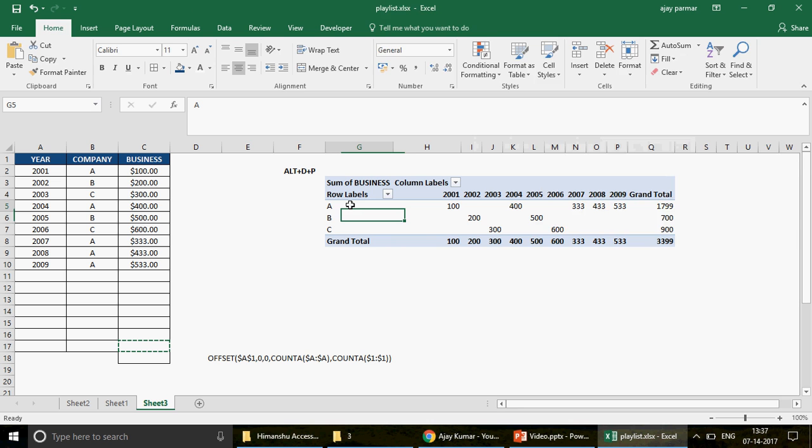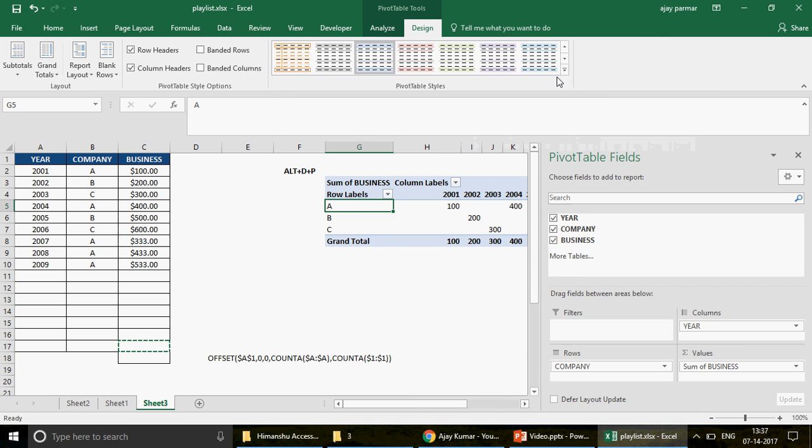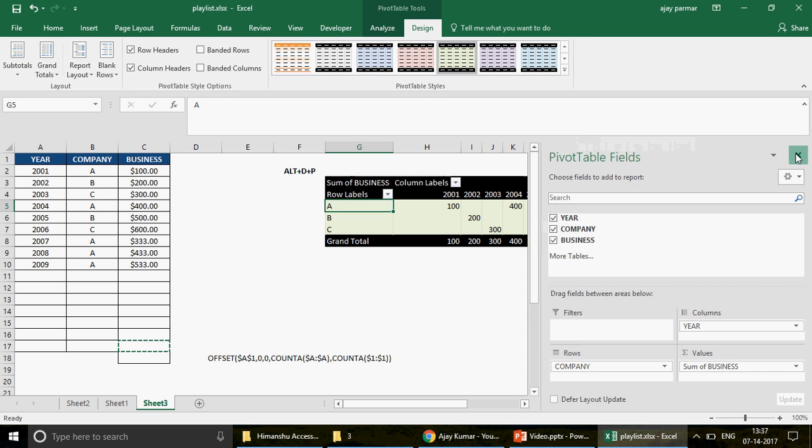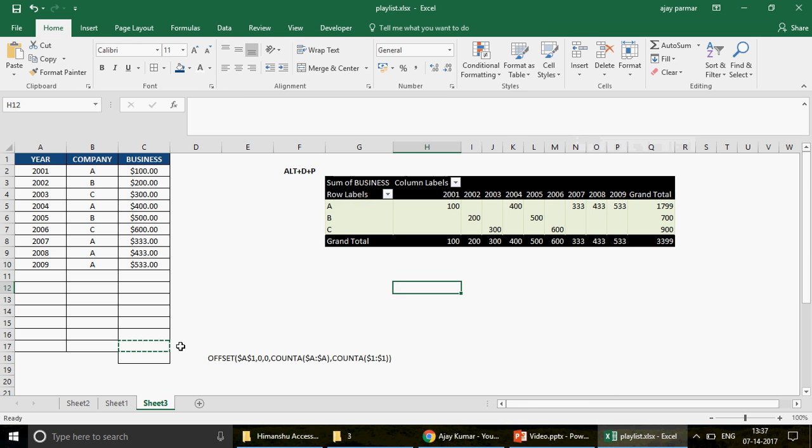And of course, because we are talking about the pivot, maybe you can go and design the pivot. You can choose all these different templates. Maybe I just use this template, right? This is how it is. Now let's go and do the real testing. So what I'm going to do is, if you look at this, this is how it's coming,